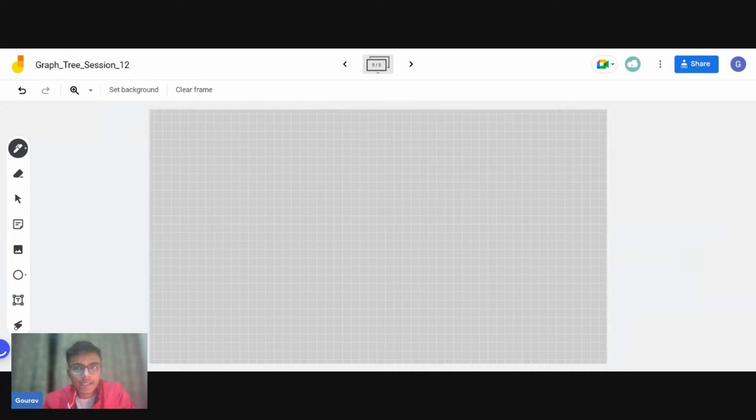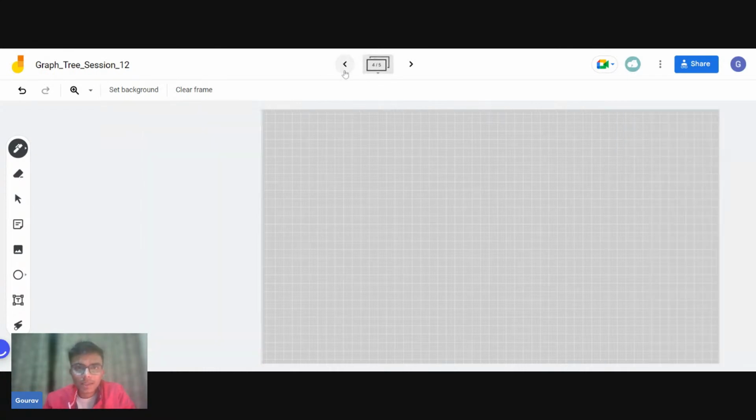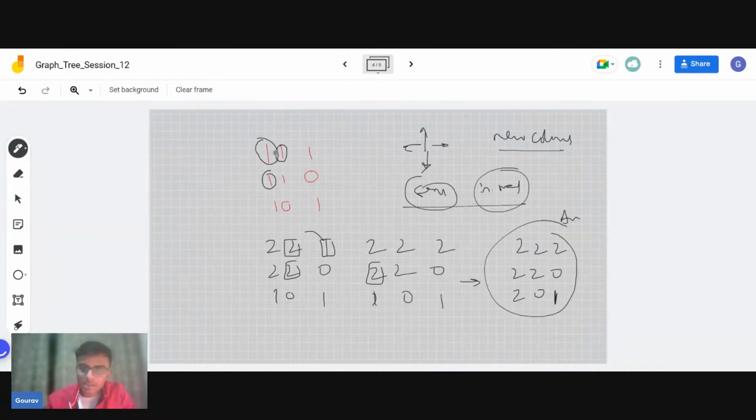Okay, so the steps of the algorithm which we will follow will be something like this. We will put a DFS call. We will start with the starting pixel and make sure to store the initial color. We have to keep our initial color in a new variable. So I'm declaring a new variable called initial color and putting the value as one, because my starting color is one.